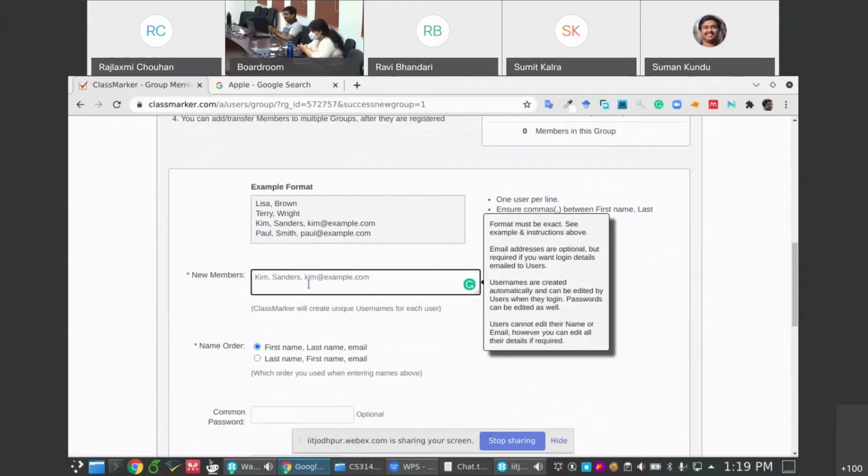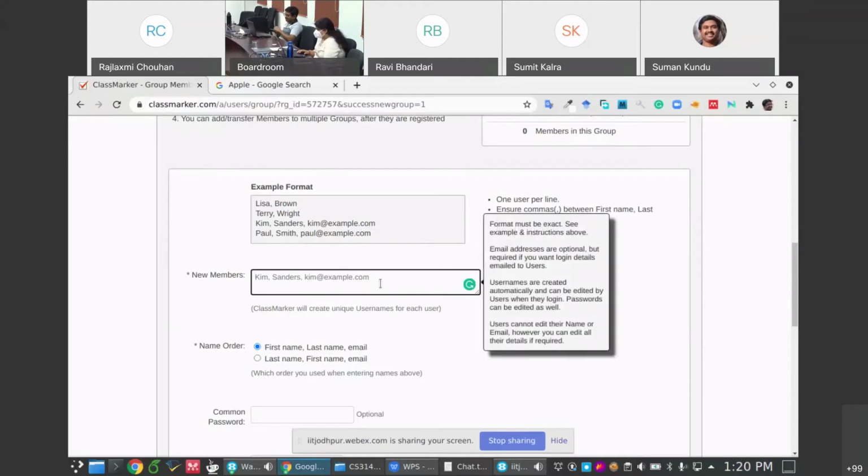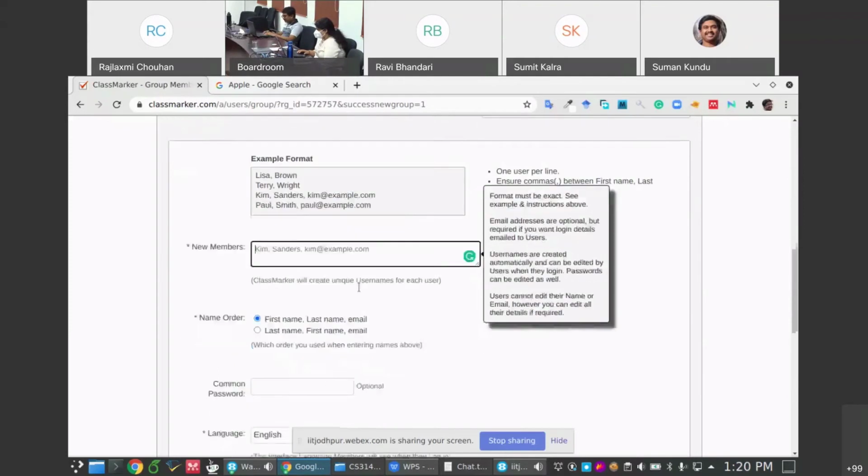That Excel file you can save as CSV, copy the first 3 columns, remove all the rest of the columns, save it as CSV, open that CSV in any notepad or text editor, copy that whole text, and paste it here. So each row will have one student's name and corresponding email.